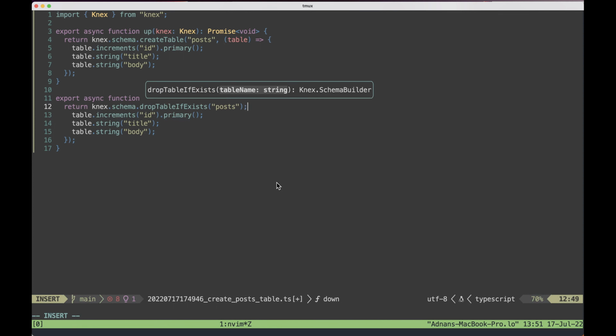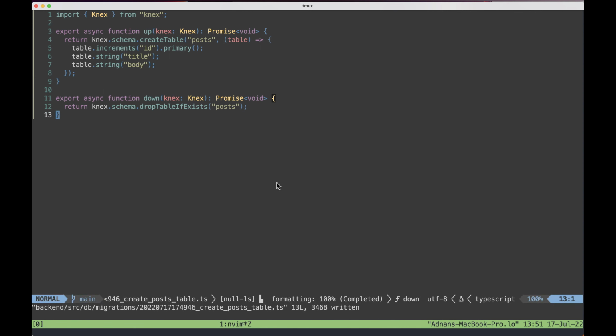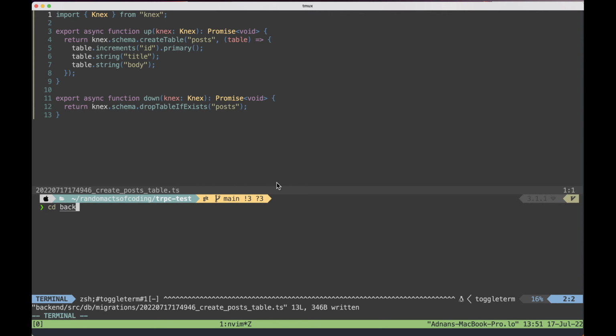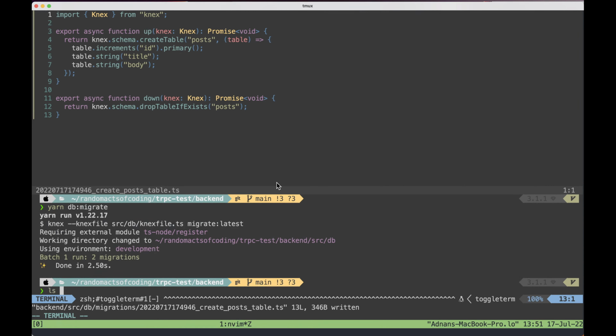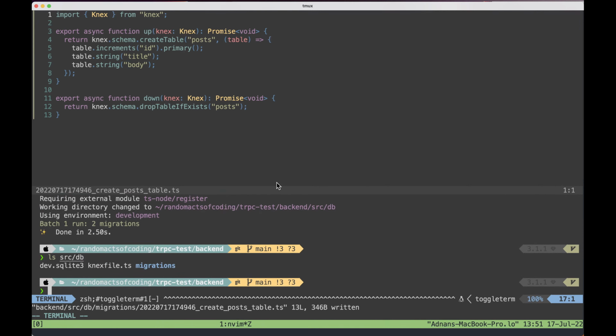Exist post, that should be it. And now I should be able to migrate. Yarn db migrate. And now if I do something like source db ls, I should see a dev SQLite, and maybe I can go ahead and